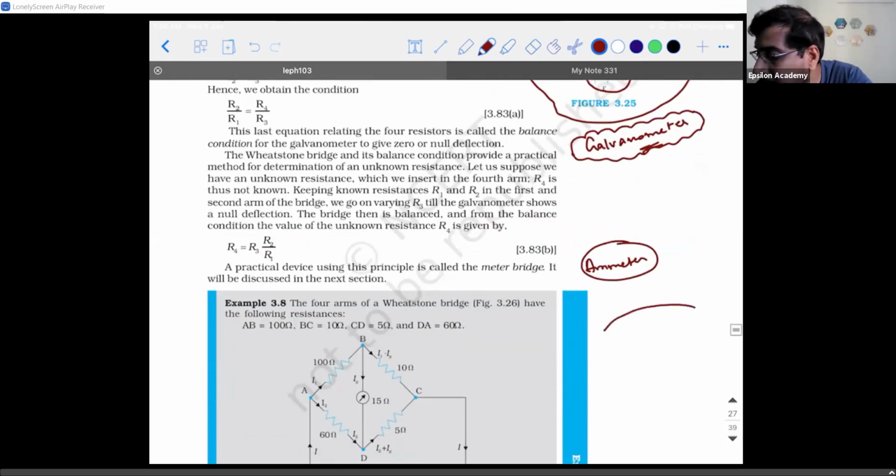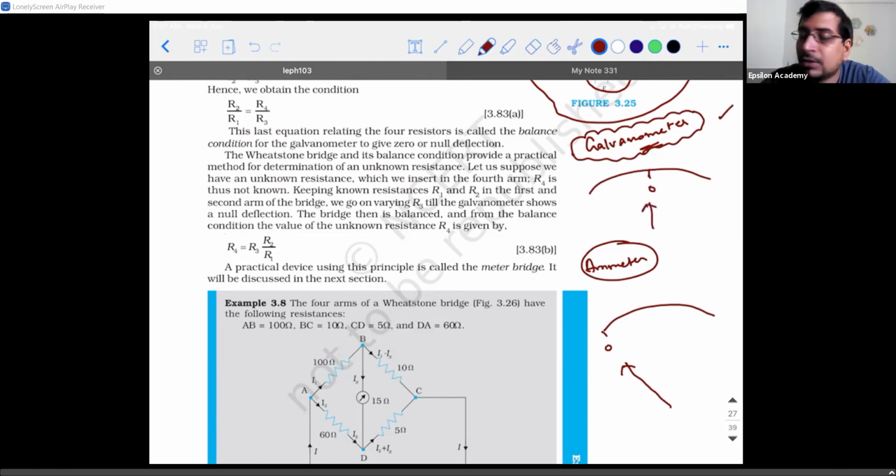If you look at an ammeter, you'll have a curved structure like this, and the reading 0 will be here. And the pointer initially will be here when there is no load. When I say load, I'm talking about an electrical load which is connected. As soon as you start giving the load, the pointer will start getting deflected like this. Whereas a galvanometer will have its 0 at the center, so that if you pass even a small amount of current, the galvanometer will start showing a deflection, either rightward or leftward.